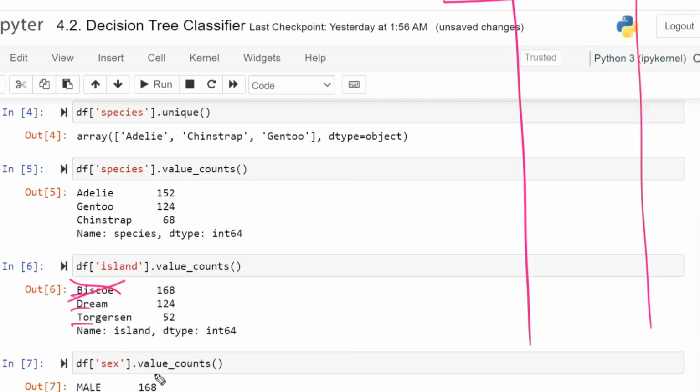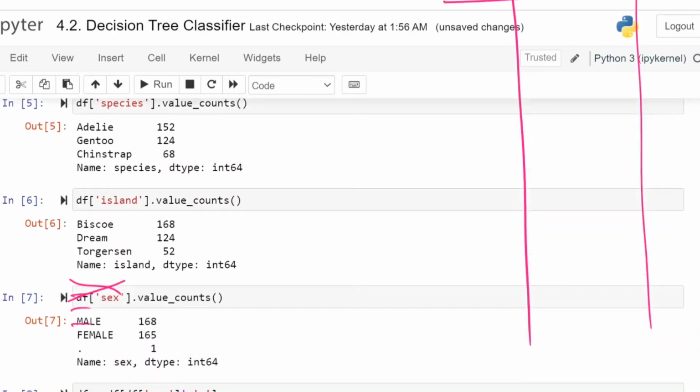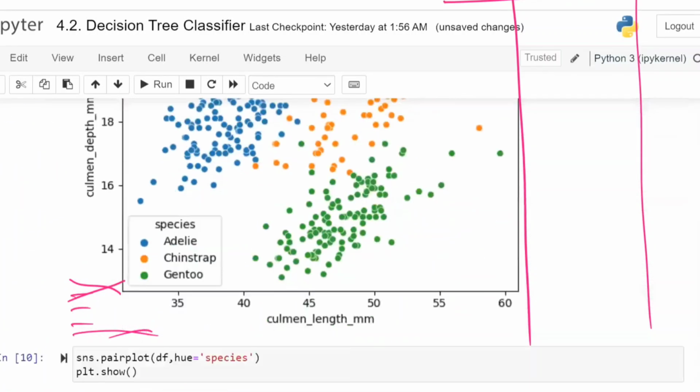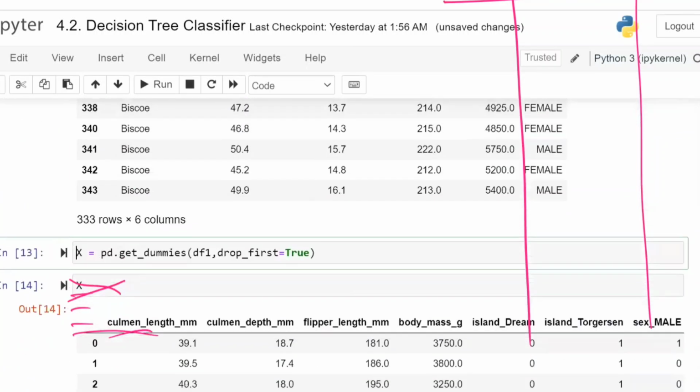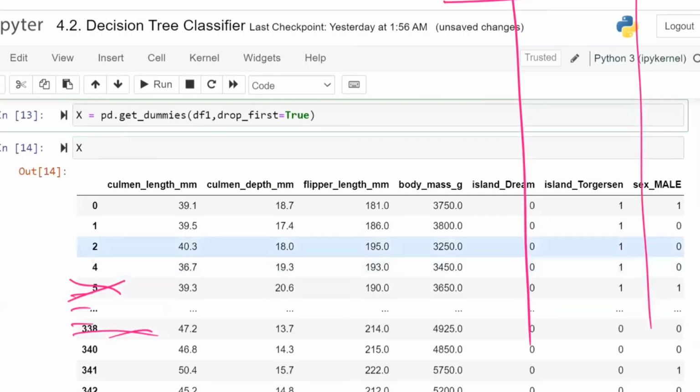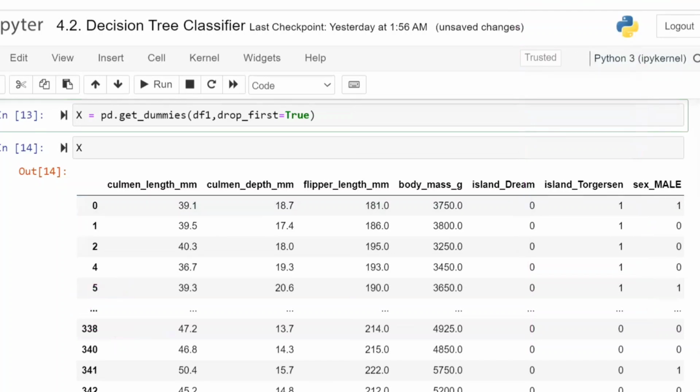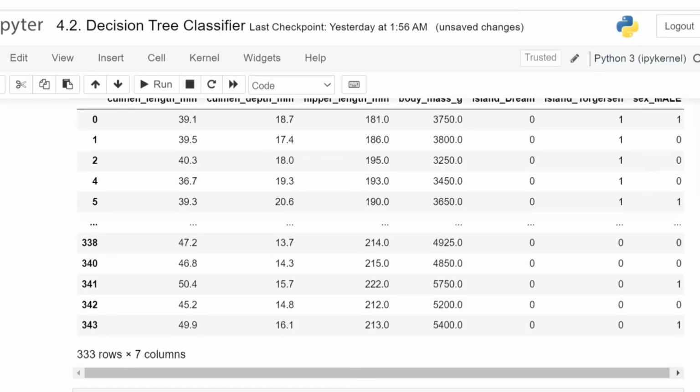Similarly, the next one, gender. What genders are there? Male and female, out of which one column will be dropped. Drop_first equal to true means female will be dropped. Now what is the new column you are going to get? With respect to male. So after applying the dummies, if you see the dummies, the remaining 4 columns are as they are, island was converted with respect to D and T, and similarly gender was converted with male. Now everything is ready with numerical values, right? Entire data is ready with numerical values.